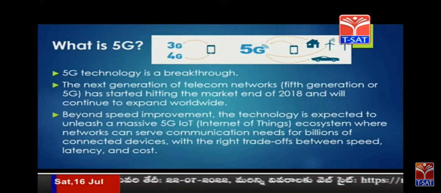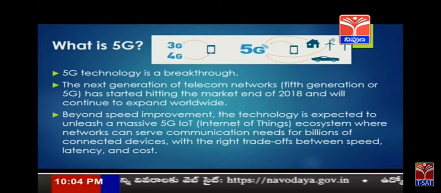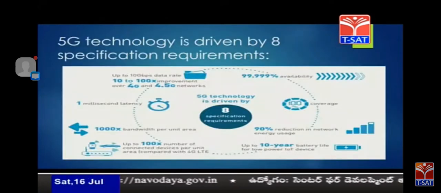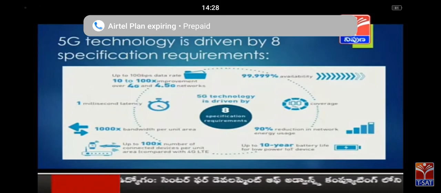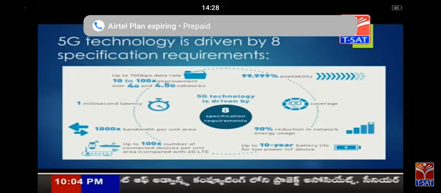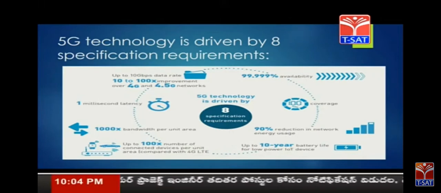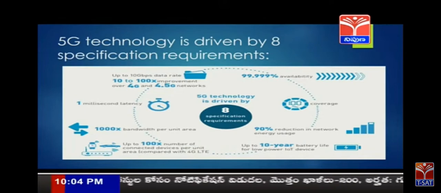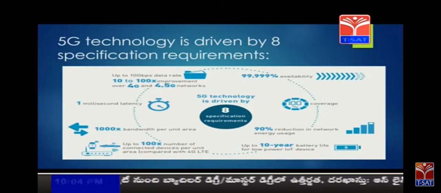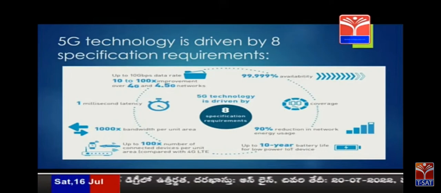So it works with the maximum speed for billions of connected devices. I will give the statistics here. What are the advantages, what are the specifications required for 5G technology? Very important, it is 10 to 100 times the 4G technology. It's 10 to 100 times. So actually up to 10 gigabytes data speed per second is the speed of 5G, okay, and nearly